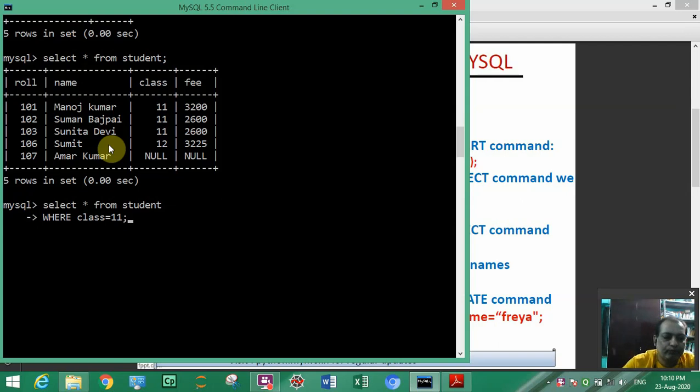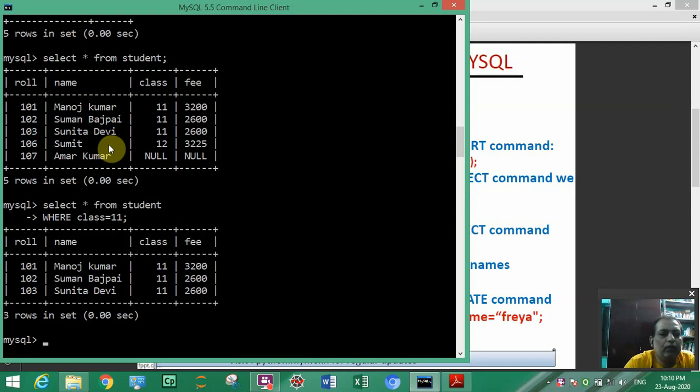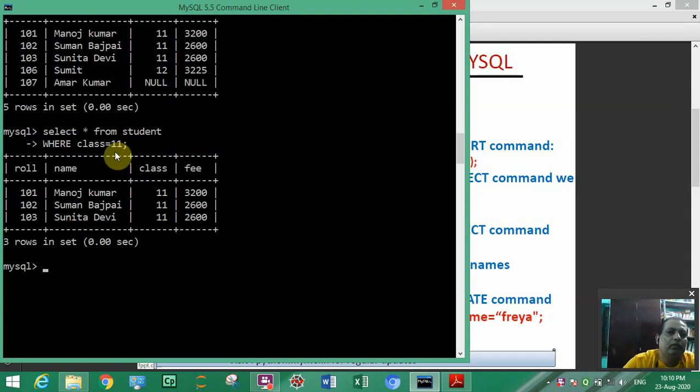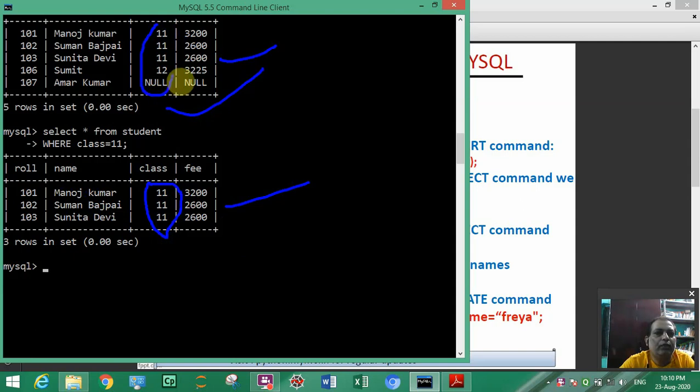Okay, so execute this command by pressing enter, and you will see here this is our main table, and this is our output on the basis of the given condition. This table is having only students of class 11, and this table is having all the students of 11th and 12th and other classes.